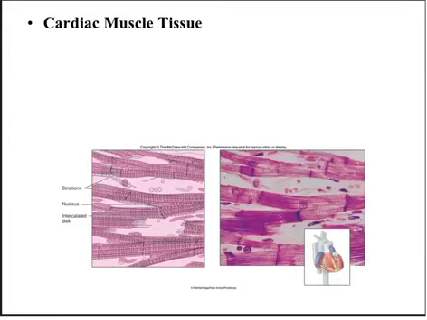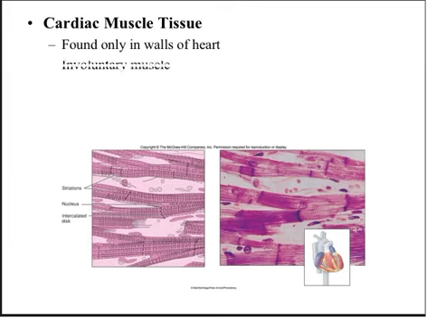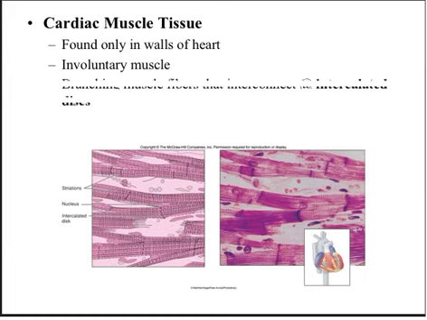Okay, cardiac muscle tissue is similar to skeletal muscle tissue, except that it's only found in the heart. It is not under conscious control. It is an involuntary muscle. Its contraction is a matter of an intrinsic cell property called autorhythmicity. It has the ability to produce rhythmic contractions all on its own as long as it has oxygen and fuel. But the coordination of those contractions